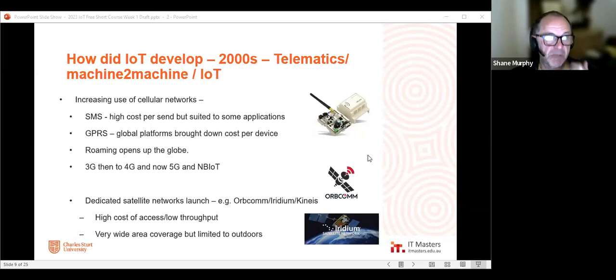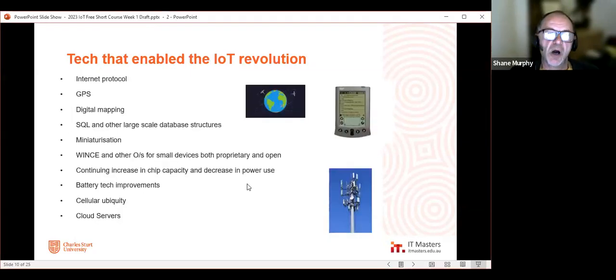So that's really important. And that leads us on to the next thing, which is there's a whole pile of other technology that enabled the IoT revolution. It didn't just happen because a couple of people made a few things over a period of time, and it didn't happen because some organization like Ericsson or Nokia, who built most of the core cellular networks, decided that they were going to do the Internet of Things, and therefore they had to make things happen. You had a convergence of all of these things happening in the same time periods,